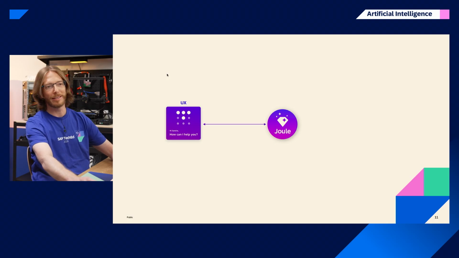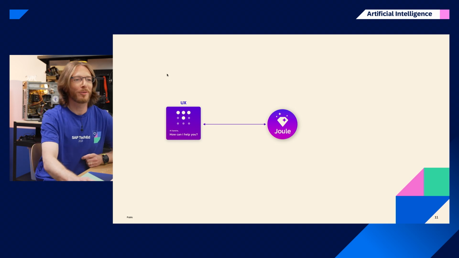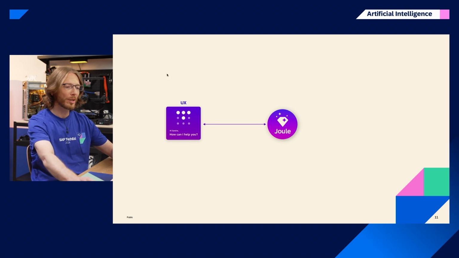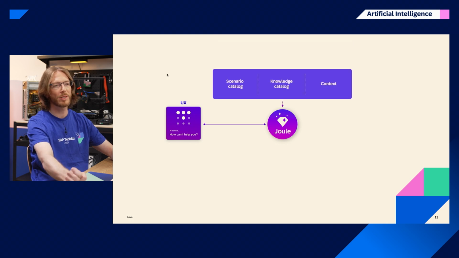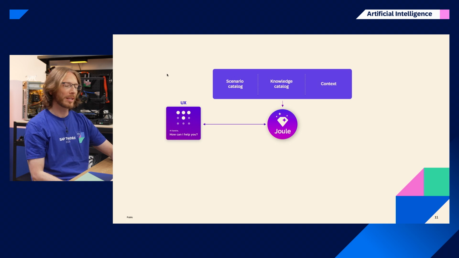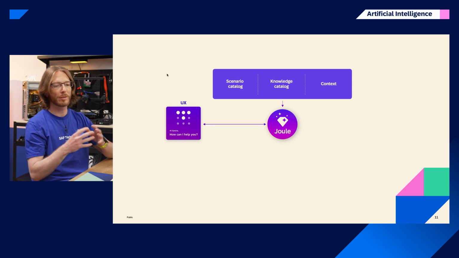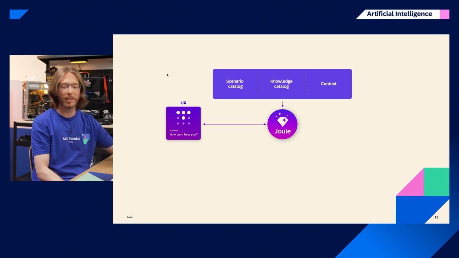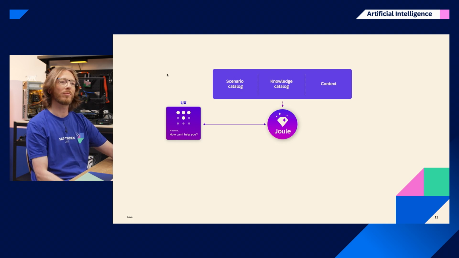All right, back to you asking Joule. Ideally, in future, you can ask Joule. Your question or your comment or your search prompt will then be sent to the GenAI copilot Joule. We will enrich it with different knowledge bases, I would call it now. The scenario catalog is what holds all the skills and capabilities that we offer. We do a kind of pre-selection here. Then we also have what we call the knowledge catalog here,